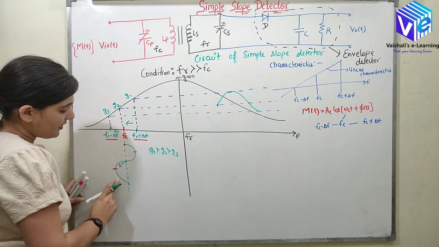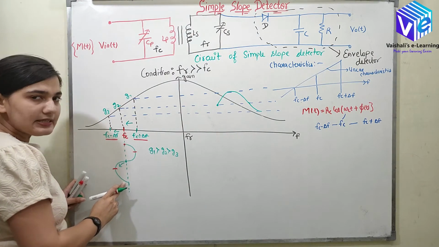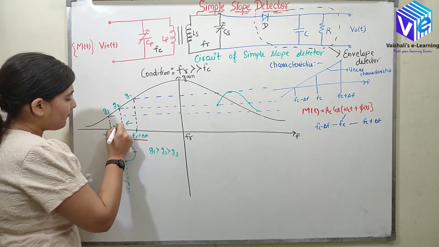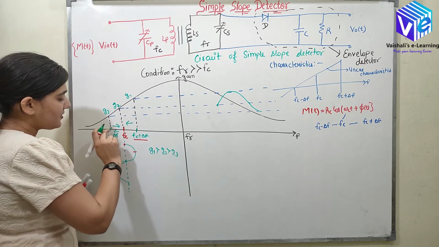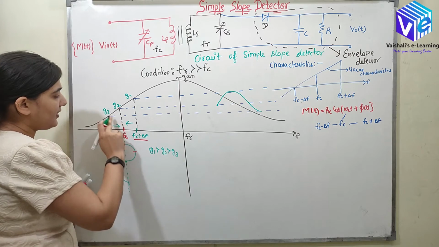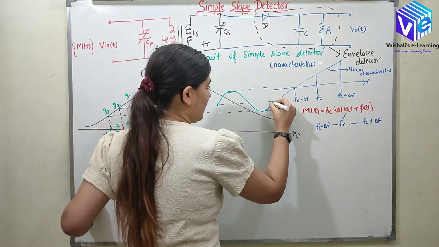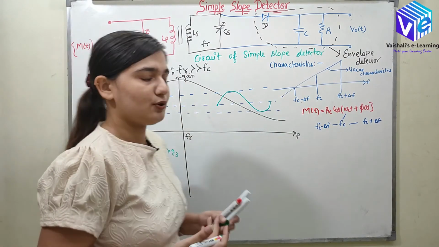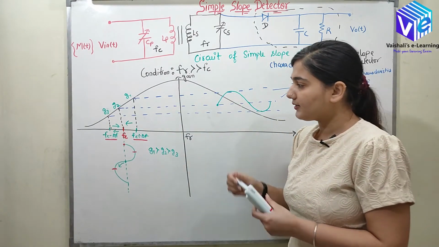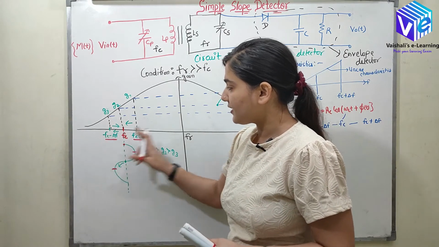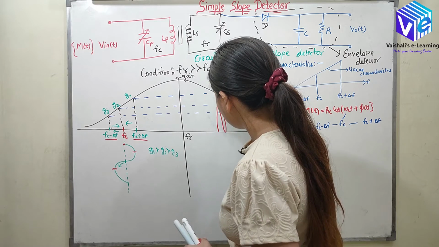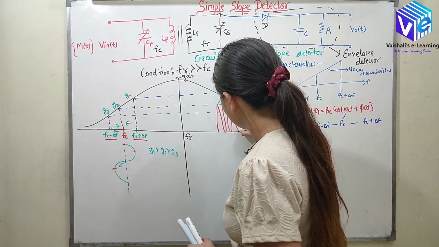Here again the frequency started increasing and it comes back to Fc. When we move back, the frequency moves from Fc minus delta F to Fc. We are moving from here to here, so the gain starts increasing. Here I'll be drawing this. I hope now you understood how, with the help of gain, I can convert the frequency modulated signal to an amplitude modulated signal. Here I'll be plotting the carrier as well. So this is the carrier.